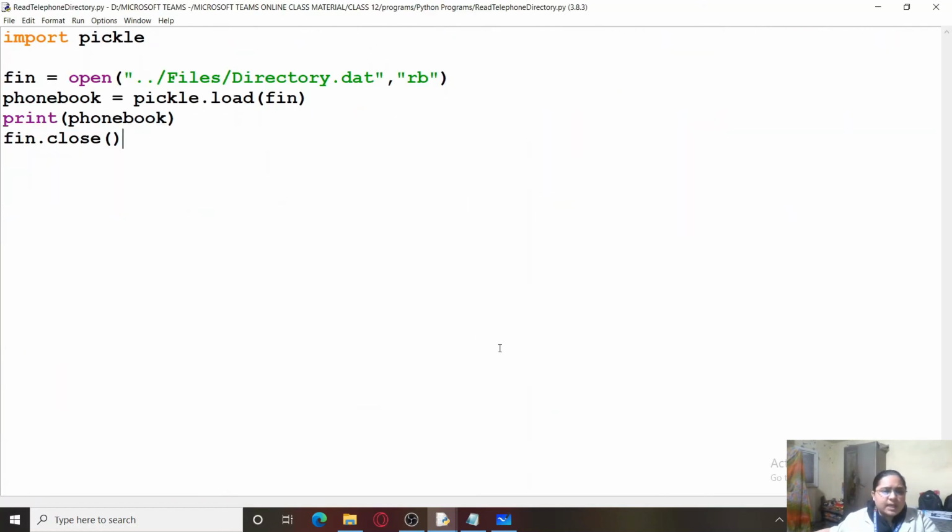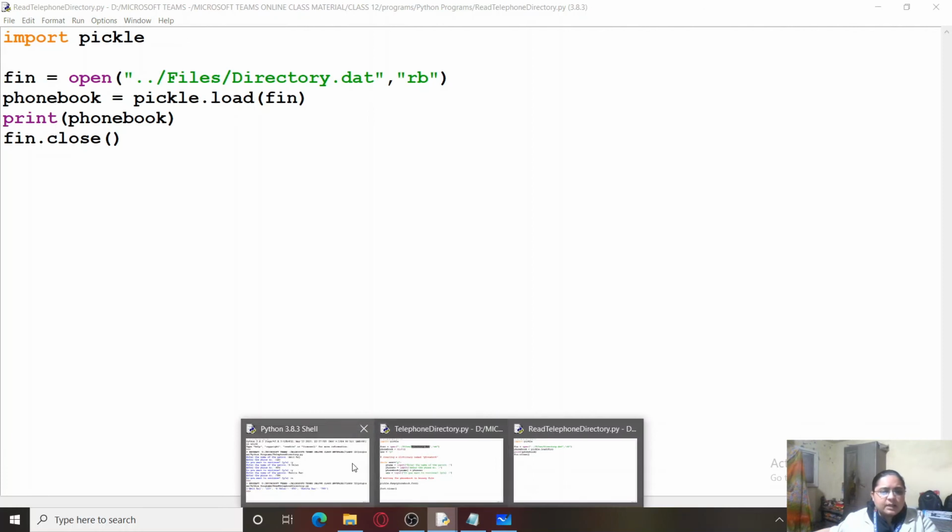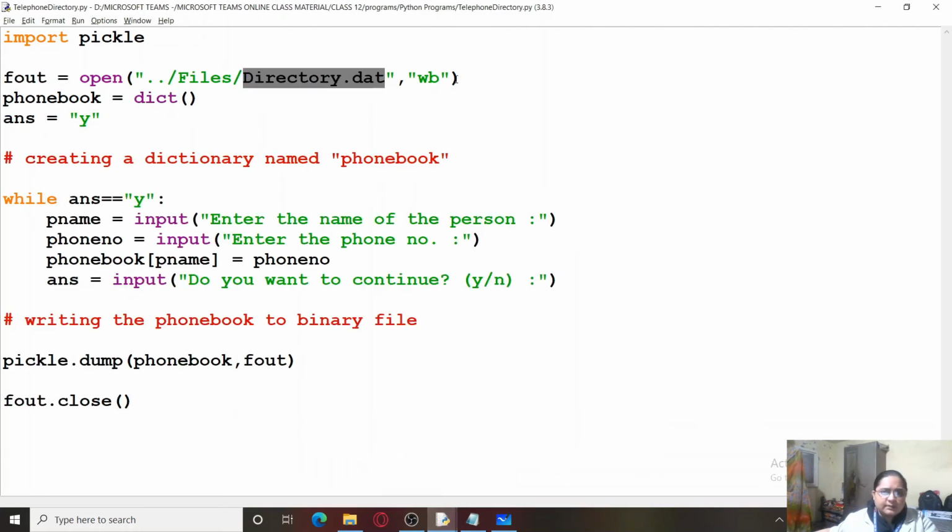Now let us try experimenting with inserting a few more objects in the file. Because I have to insert a few more objects, write mode is not going to help me. I have to switch it to the A mode, that is append mode.